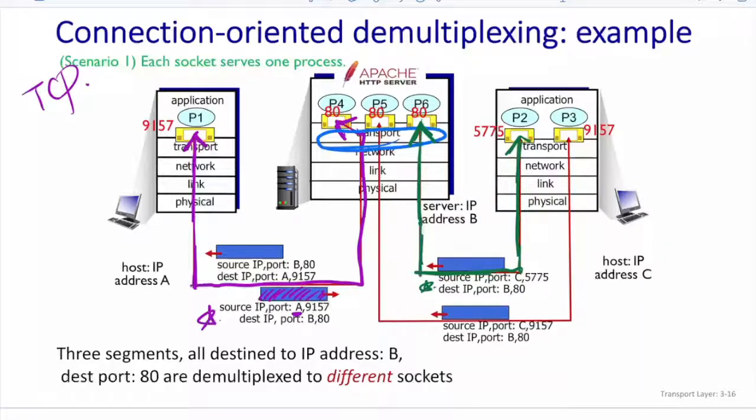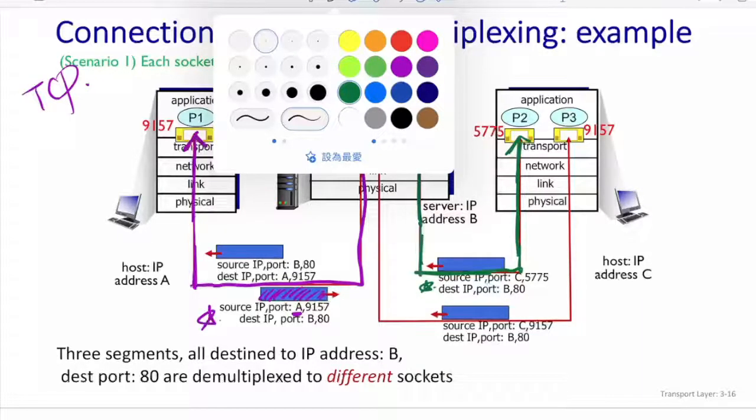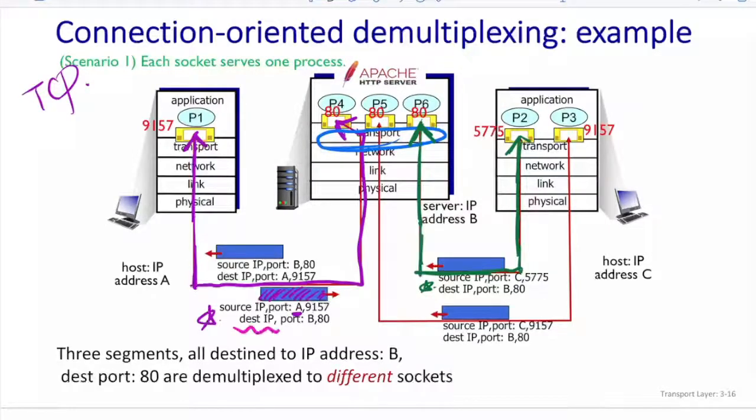Although this part is exactly the same, right? The destination IP is B and the destination port is 80, but the source is different. According to TCP's demultiplexing rules,